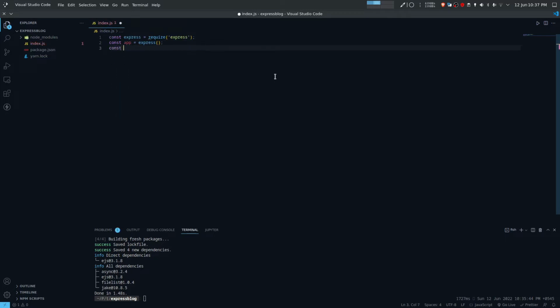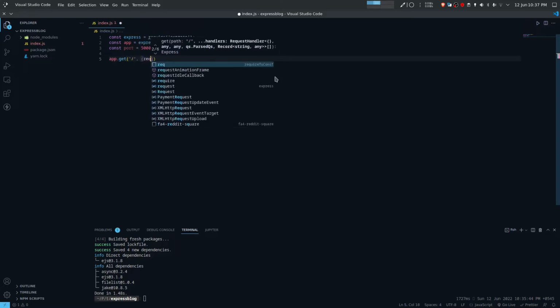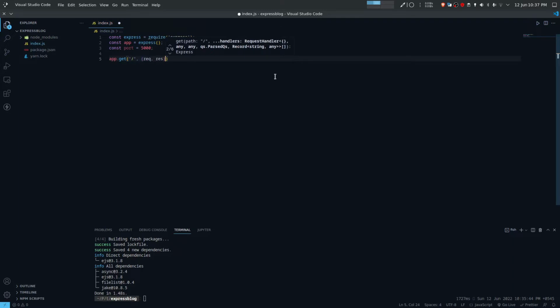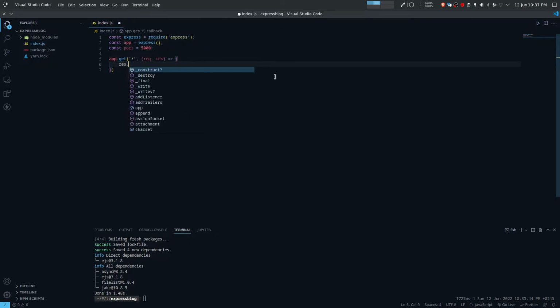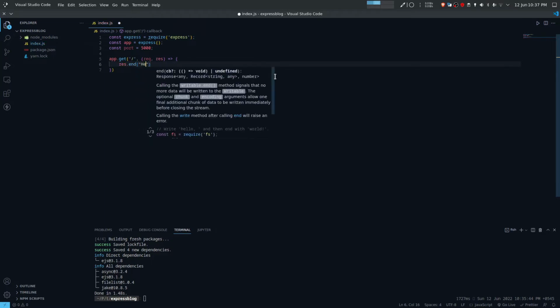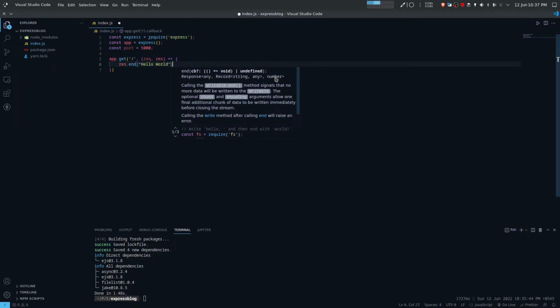Another, our port will be, let's say, 5000, and we'll do app.get, and for slash we'll do request response callback function, and response.end hello world,